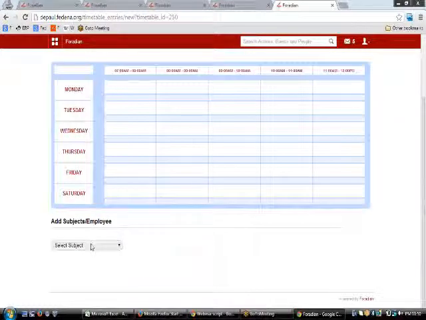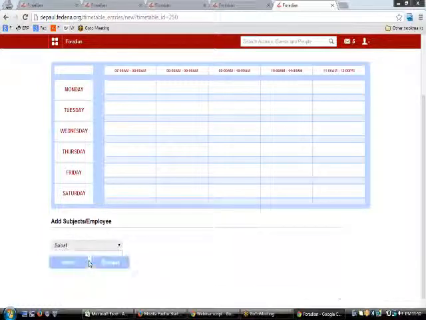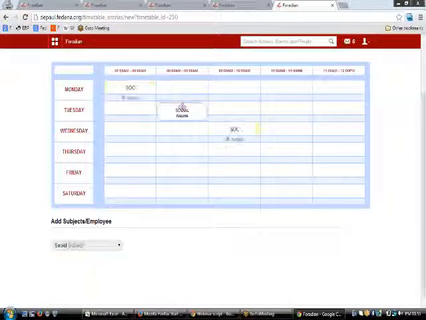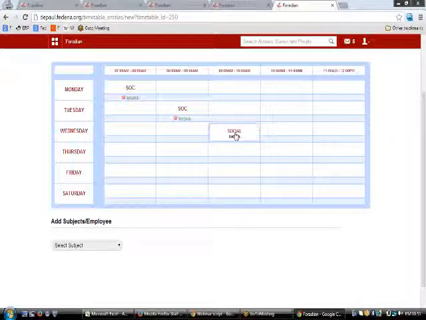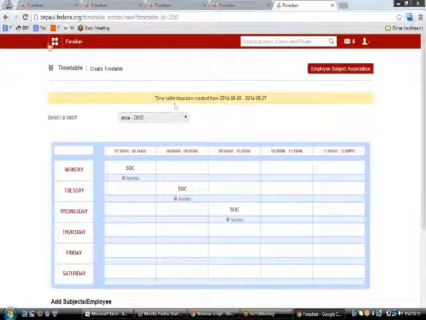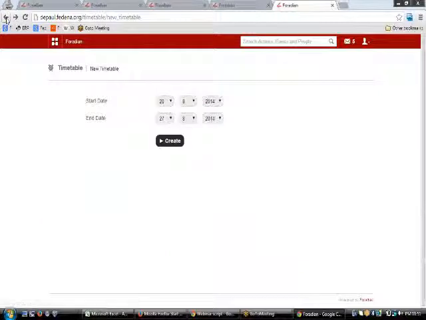Again, if you want to add some teachers to this, you can just select this particular cell like this. You need to drag upon the name here, and then on clicking there, all these teachers will be available, or all the cells that you selected up here will be reserved for the period social and teacher Radha, who will be teaching the particular subject in those institutions or in those batches.